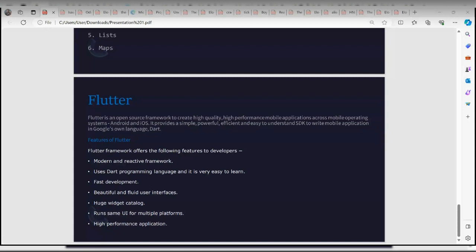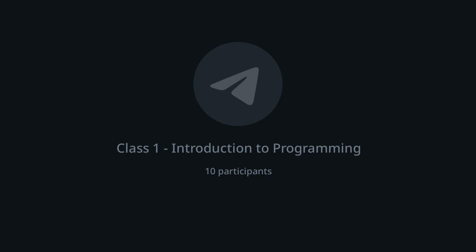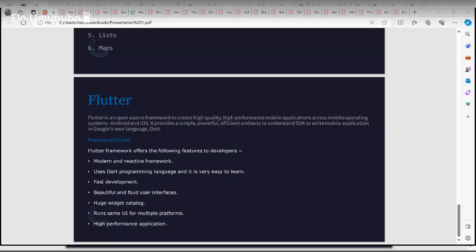Okay, any other question? Any general questions about Flutter, we have time.